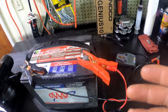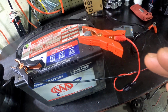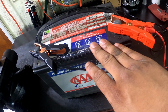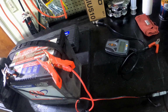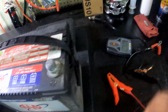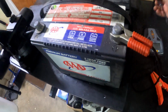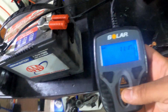All right, guys, so we back with the battery. So I came back in the garage, and I noticed that I smelled something weird. And then I heard the battery bubbling, like it was boiling. So I took my cables off, just like this. And first, I tested the battery once again. So I'm gonna give you guys a heads up. This battery could not recover. So as you can see,